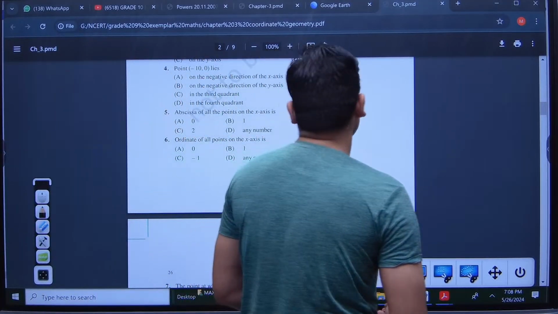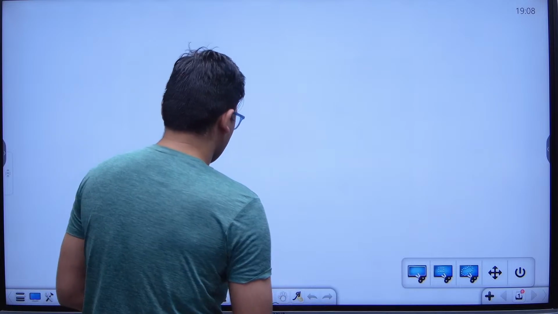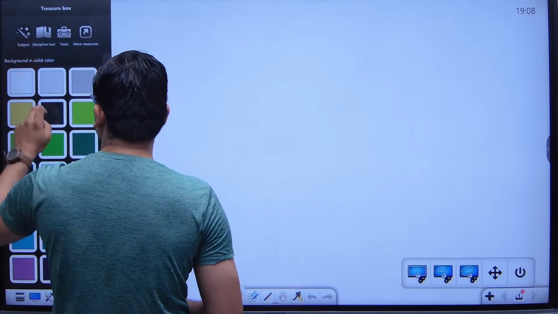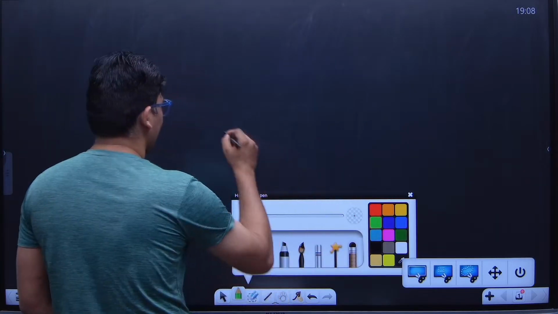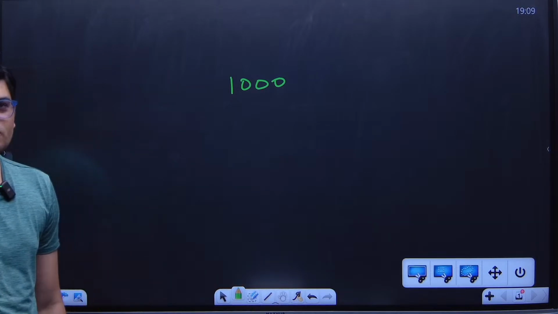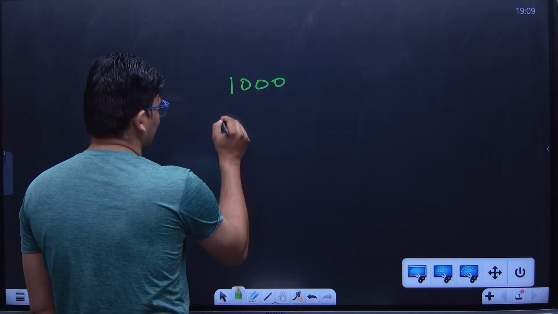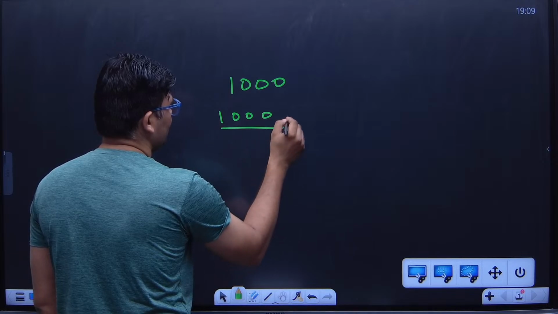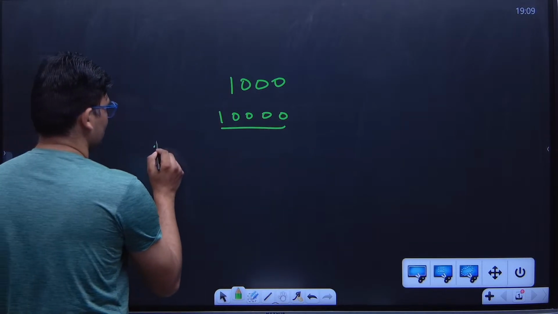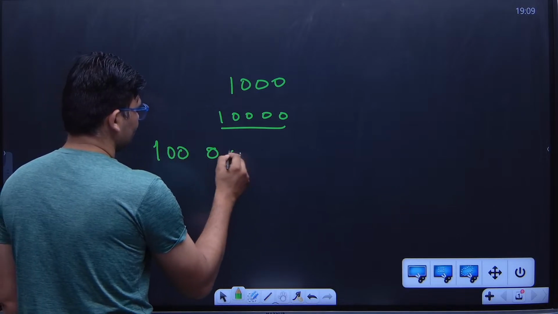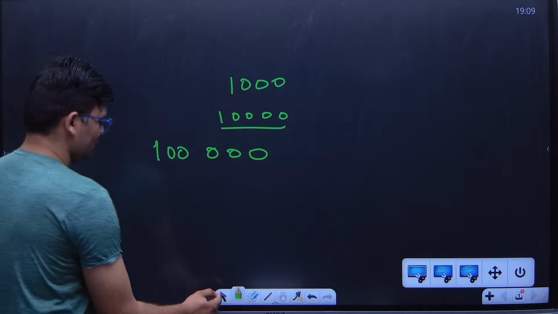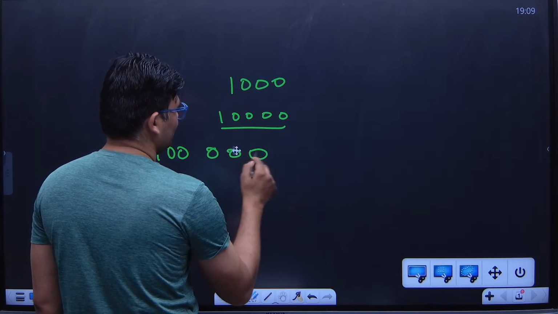So today we are going to discuss more questions on that. Before that, I would like to make you aware about the standard form of a number. So suppose somebody asks you to write a number. Suppose the number is very big. Now if I write a number like this, you can say this number is 1000. But if I write a number like this, can you name this number? 10,000. Okay. Can you name this number? 100,000. Okay, let me check your IQ.